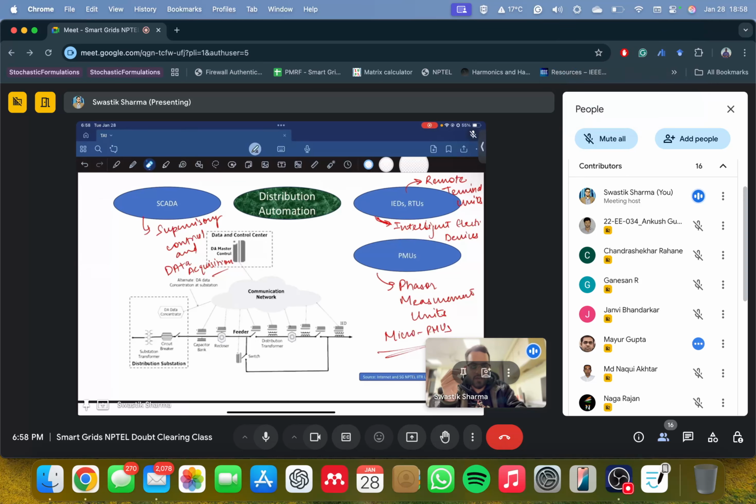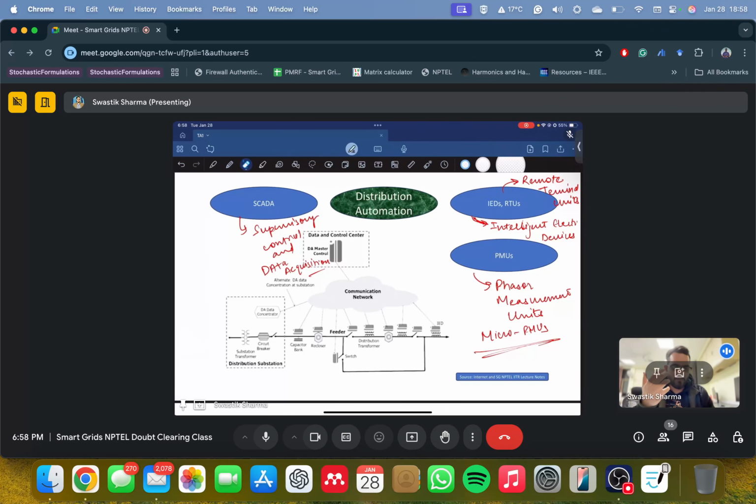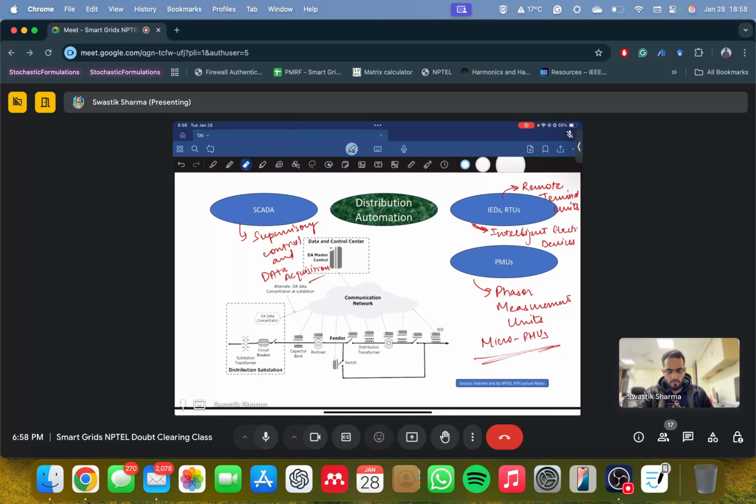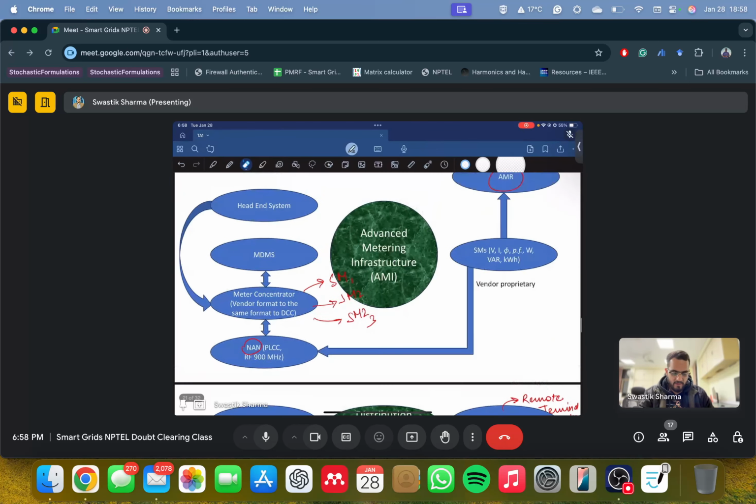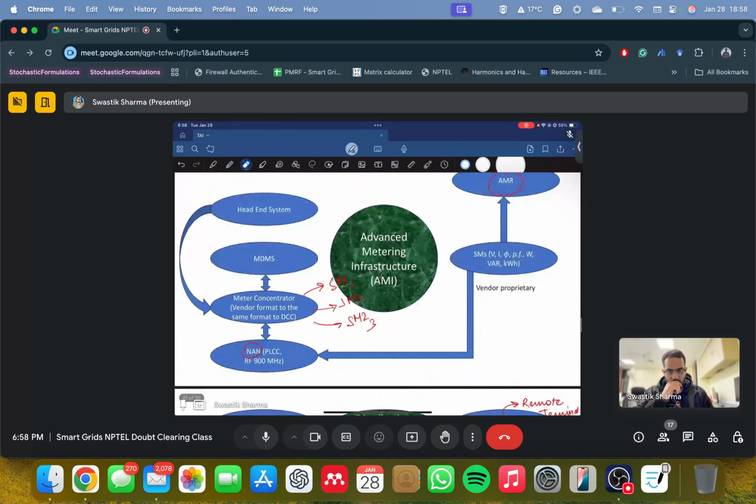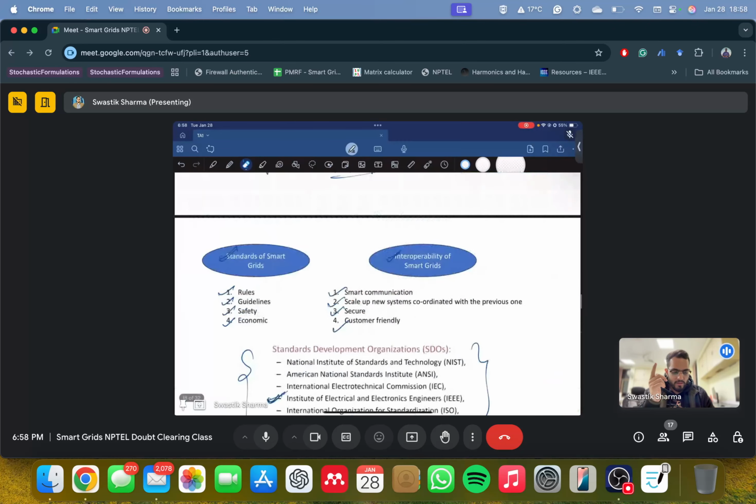I mean, RTUs are used for a wide variety of purposes. But in an automation system, the micro PMUs are what they are calling. RTUs will phase out. That's what I have always heard from people. But PMUs have the capability to transmit even the digital IOs, like the breaker status, isolator status, say the tap position. I'm not sure. But if that's there, then you are right.